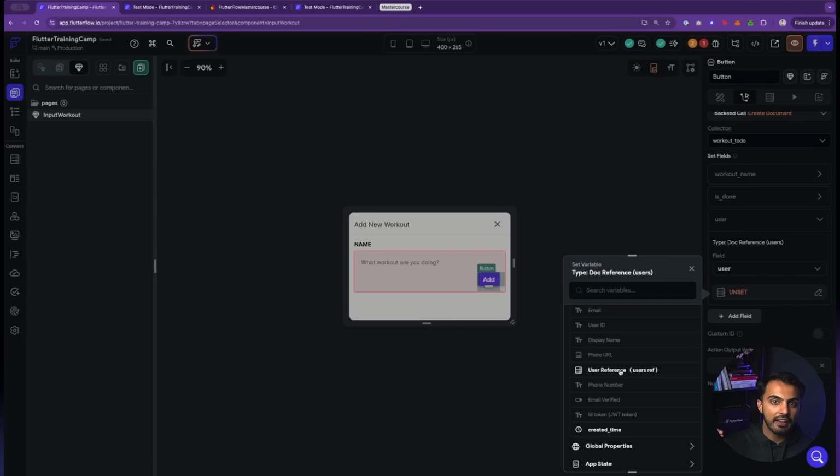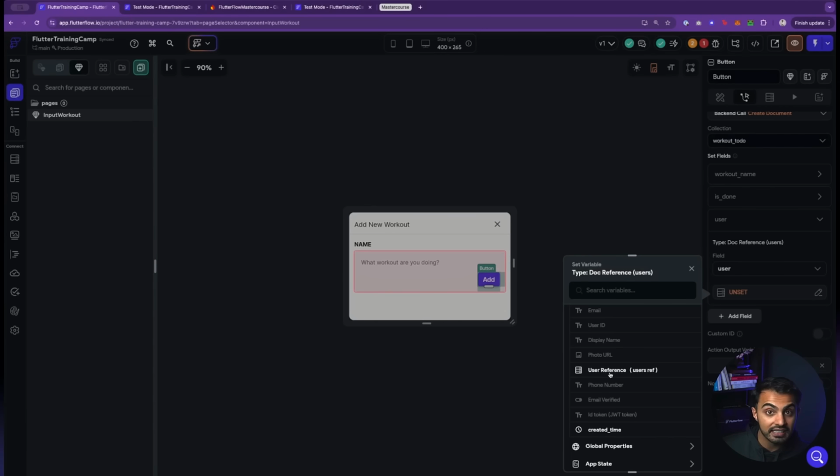So every document has a reference, and a reference is just like an ID. Every time that you create a document, that document will have an ID. An ID stands for identifier. Just like you have a driver's license number, a passport number, every time that you add a document to a database, it's going to have a unique ID. No two documents can have the same unique ID. This is why databases are so powerful, because you have this thing called an ID, which represents one record.